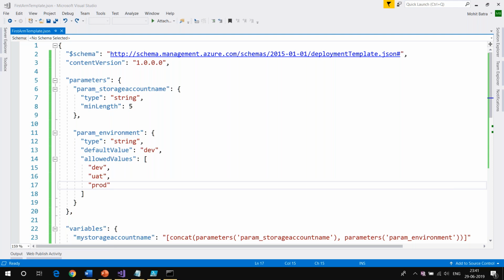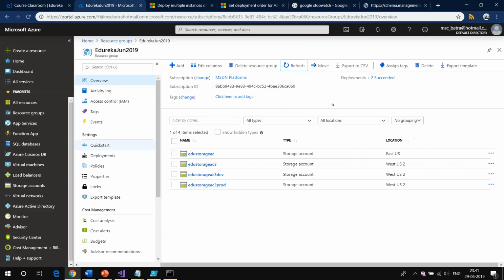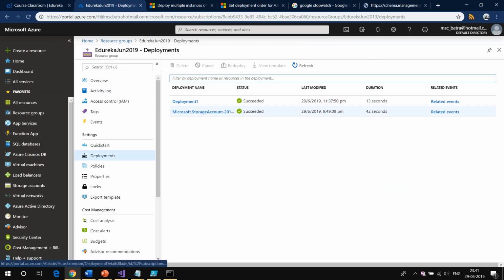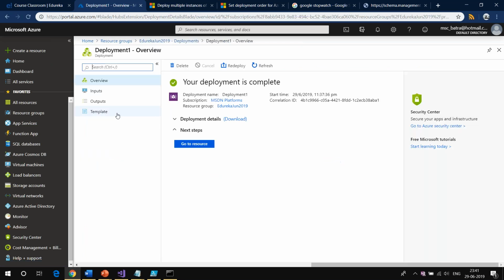Go to the resource group, go to the deployments, and then you can see all the deployments that have taken place. You can go to the deployment, and from there you can pick up the template. So you don't have to manually create this, but the idea is that you understand how the ARM templates work.